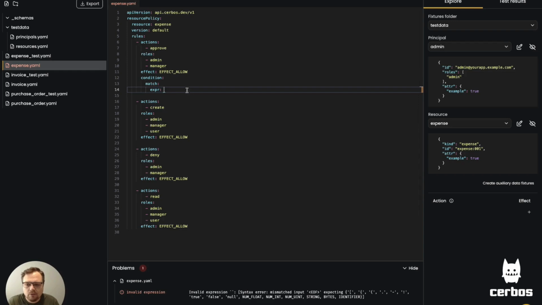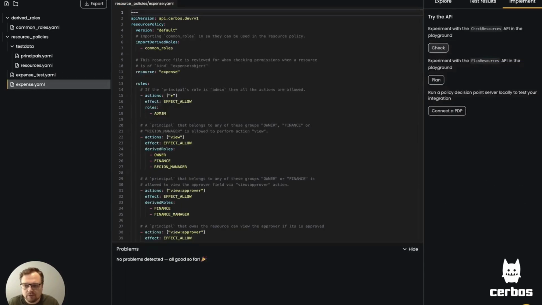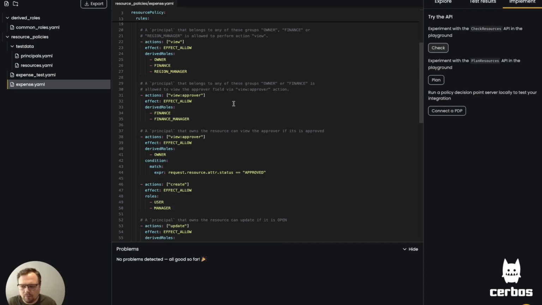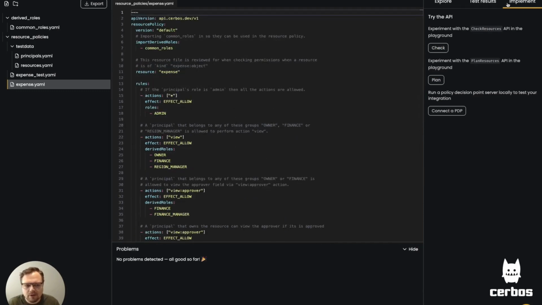Next up is if you wanted to actually see how this integration works with your application. I'm going to switch over to another environment that has a different policy in it. This one's got some conditions in, so you can imagine a bit more developed. We have this new tab on the right called Implement, and this is going to show you, firstly, allow you